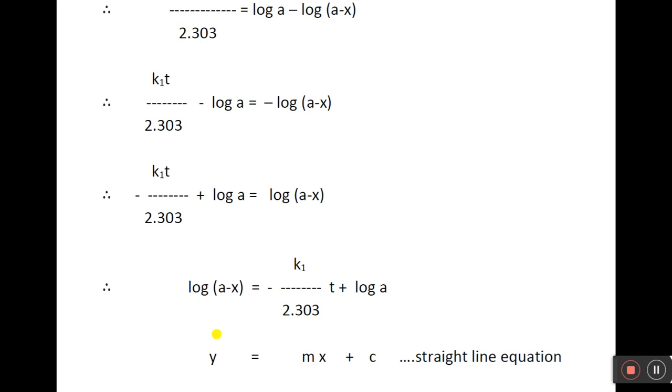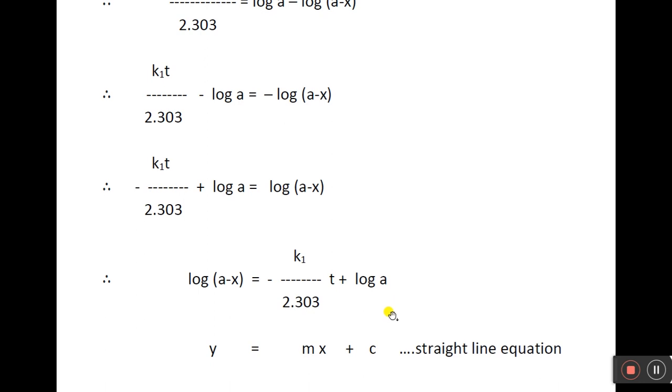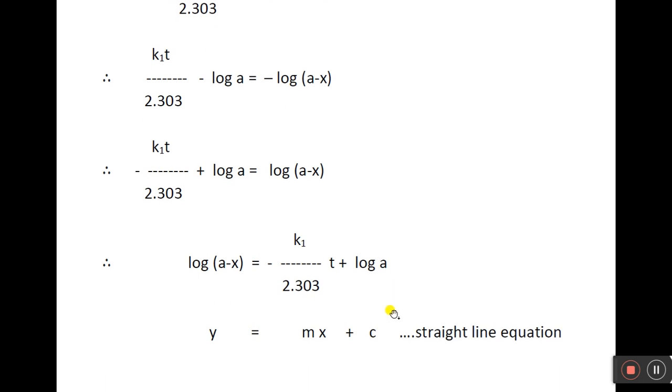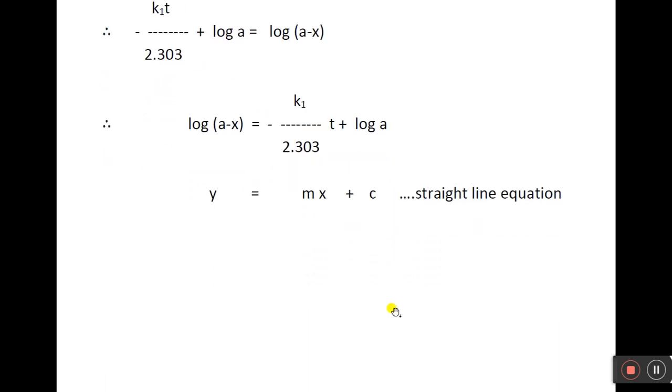of the rate constant. So the rate constant can be obtained by experiment only. By using the slope of the graph, we will get the value of the rate constant. And this is the intercept. From this we will get the value of the initial concentration. Now how will the graph look? Let us read the graph.